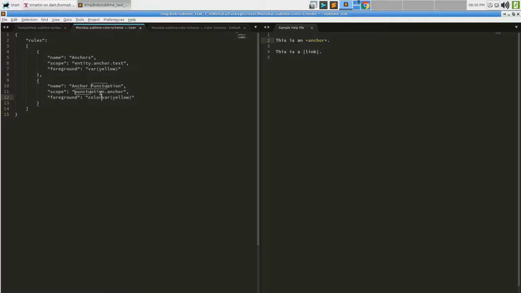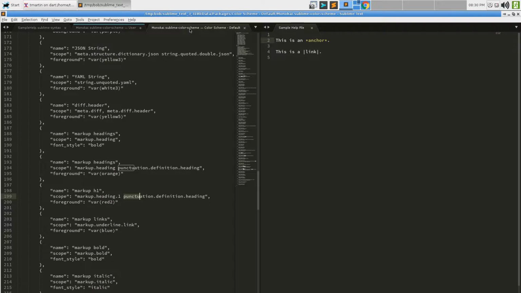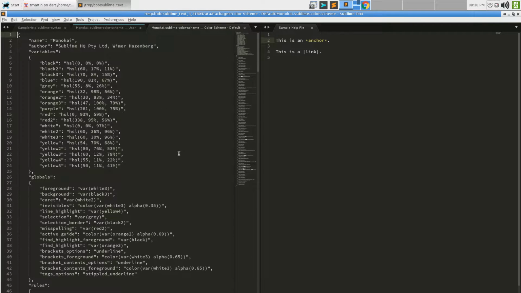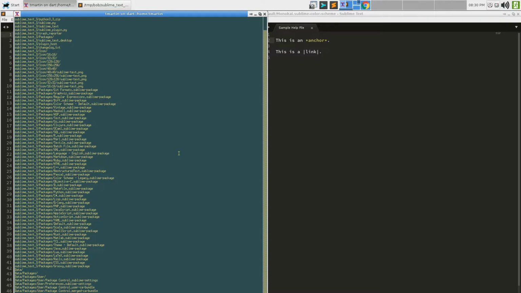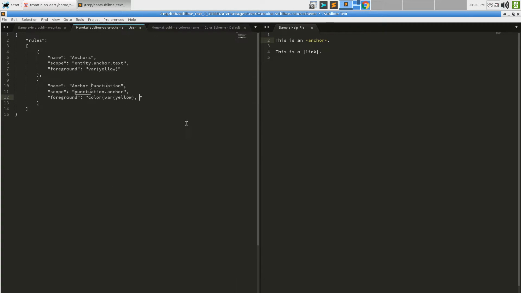But what we actually want is to maybe say that and say, now I'm going to have to look at this because I can't exactly remember the scheme for that. Okay, yeah. Whoops, that was not the key I intended to push. It's color yellow, no comma, alpha, let's say 0.6. Close that. So that should dim it up a little. And it does.